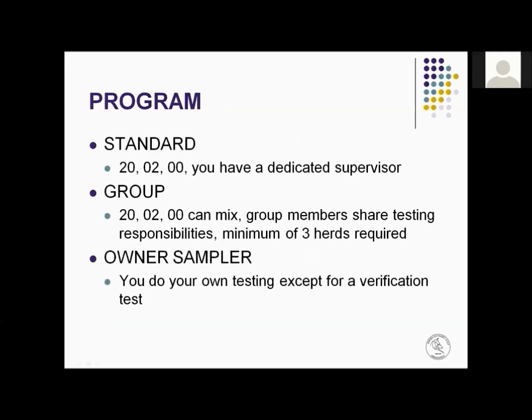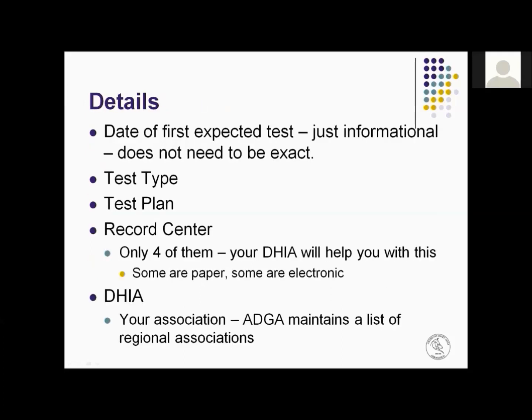And so I'm going to start with, and maybe I'll go back to the DHIA actually. Let me go back. Okay. Finding the DHIA, which is your association, like I said, can be a very important place to go. AGA maintains a list of regional associations. That doesn't mean that it is the one that you're going to work with, but it is the umbrella regional